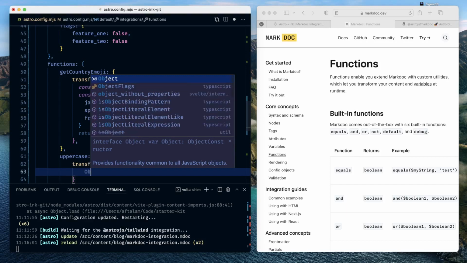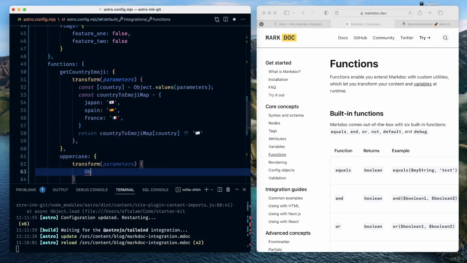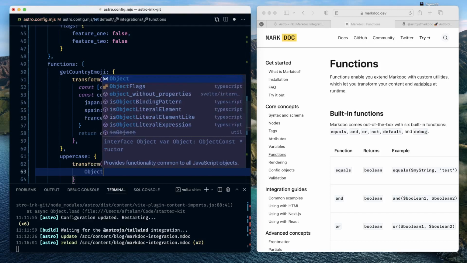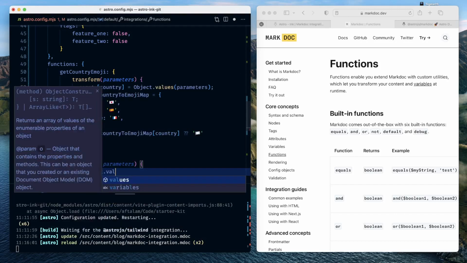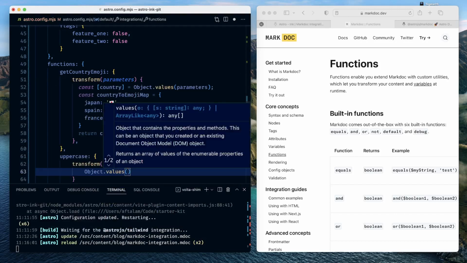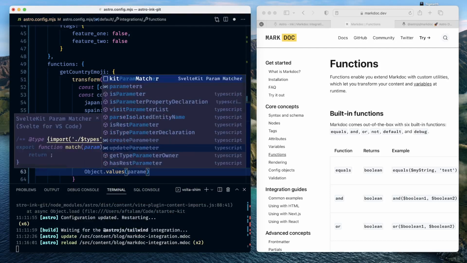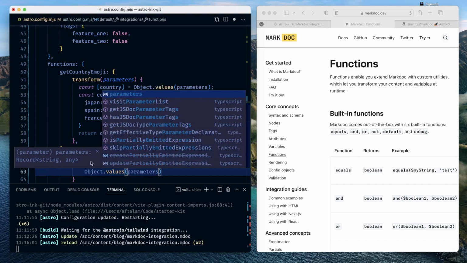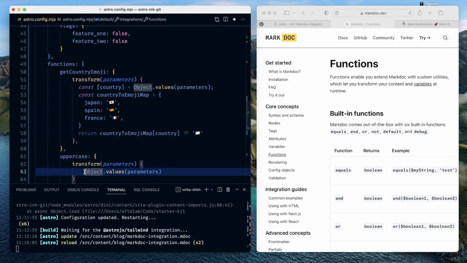So when you access a passed parameter, you'll have to say Object.values to get just the values that were passed to your function, right? Give parameters to it, right? And since we are interested in the very first argument passed to the function, we should say